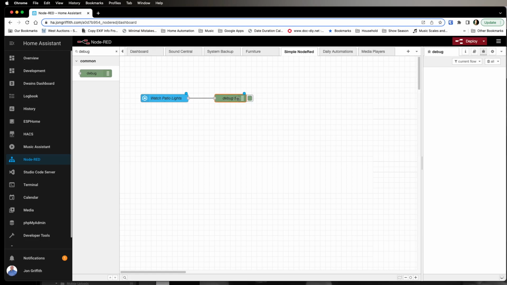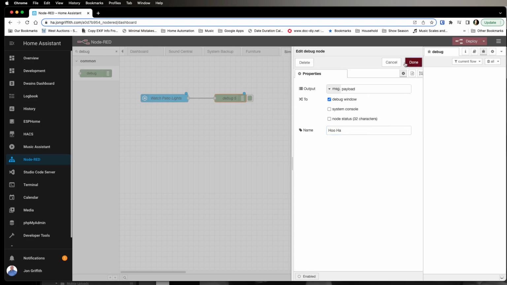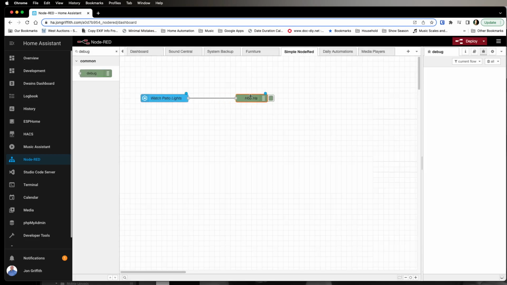Connect the watch patio lights to the debug node, and I could even give the debug node a name and call it, I don't know, hoo-ha, whatever. It's just something to identify it because this title will show up as a link in your debugging monitor, and you'll be able to click on that. And it'll take you to that debug node,